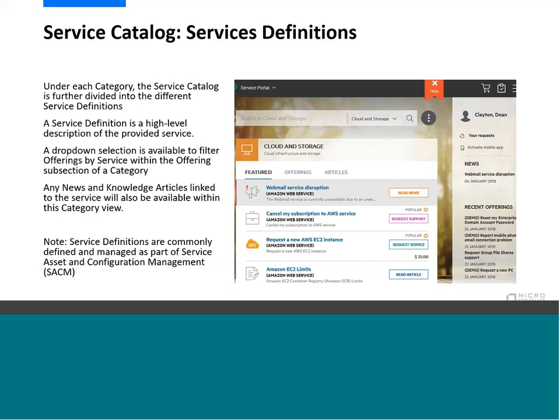The offerings are the elements that customers are more keen on, the things they're actually going to consume and what they're going to order. When anyone orders from the catalog,